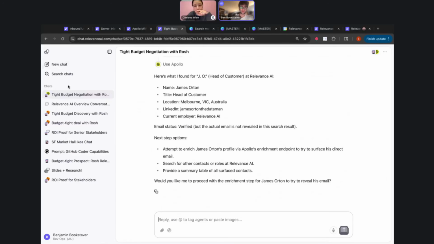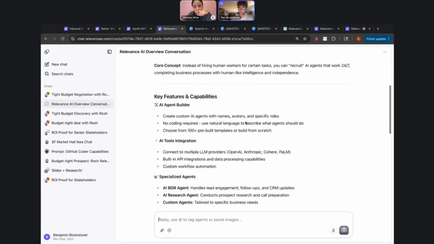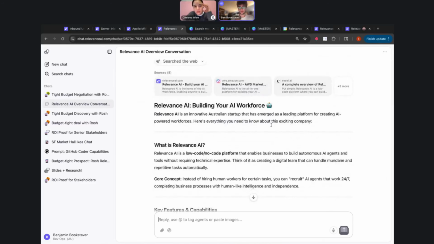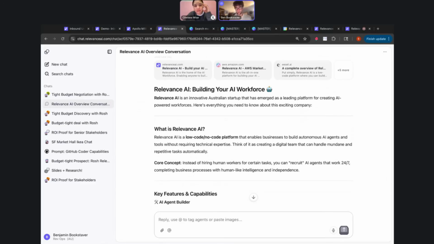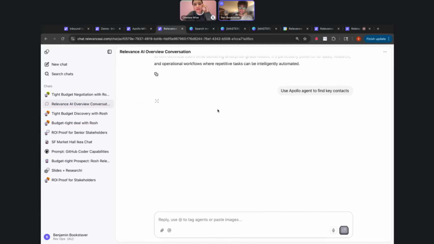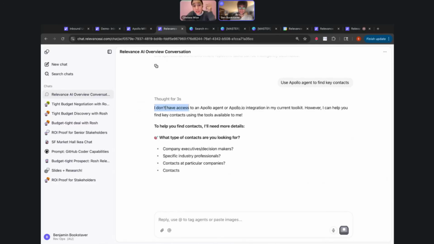So when you click, like the initial search that we had here, tell me about Relevance AI, it didn't use any agents because it didn't need to. But if I were to say use Apollo agent to find key contacts, Chat is actually designed to not do this unless it totally blows me out of the water here. Yeah, so it's possible, but not.